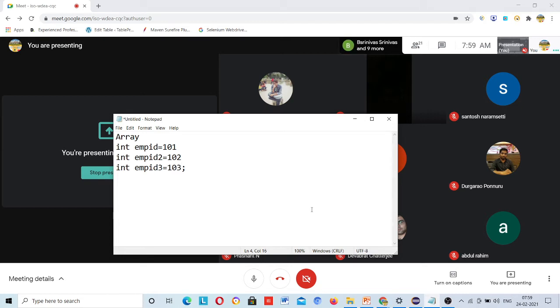And suppose tomorrow 100 people come, then you are writing 100 lines of code here, just for storing the employee IDs you have to declare the employee ID variable 100 times. If you want to store names as well, then string variables have to be declared 100 times.